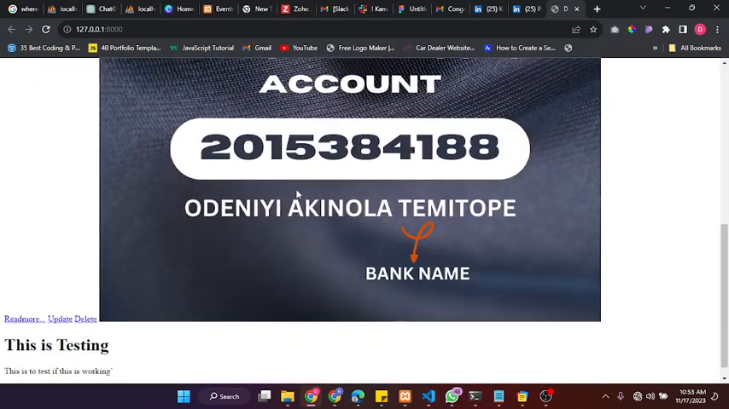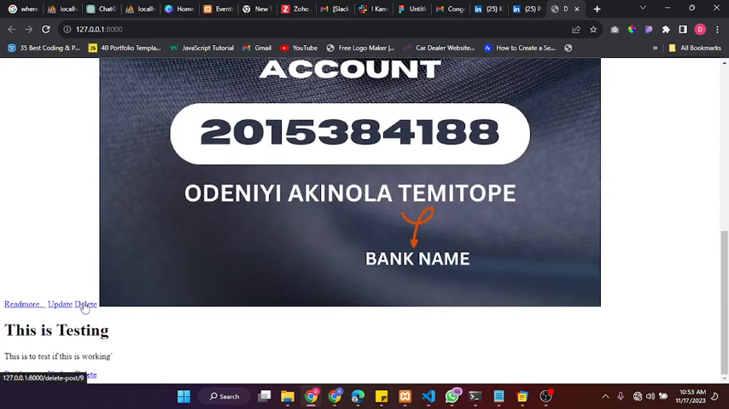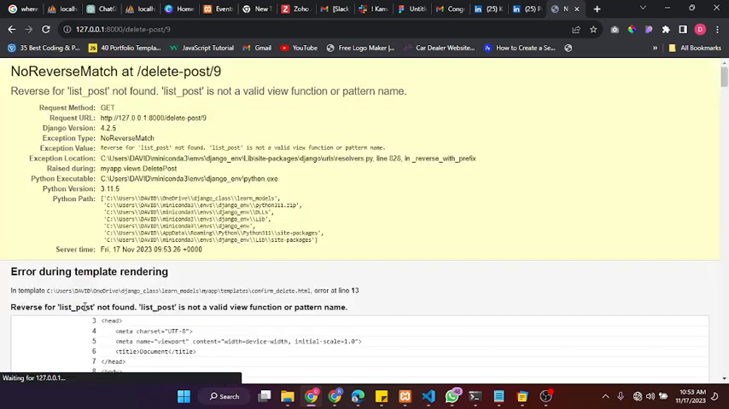Alright, so we have our post here. We have delete. You can see the delete is coming with what? 9. This one is coming with 9. This one is coming with 10. You can see the 10 there. This one is coming with 9. Update post. So if I click on delete post now, it says no reverse match for